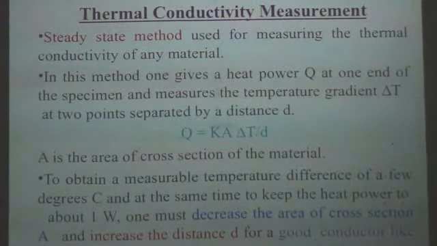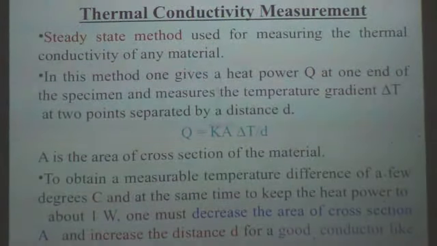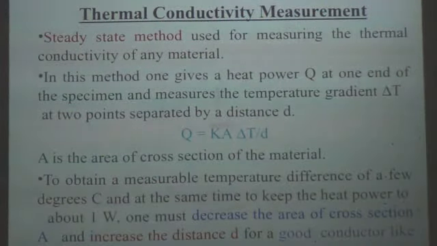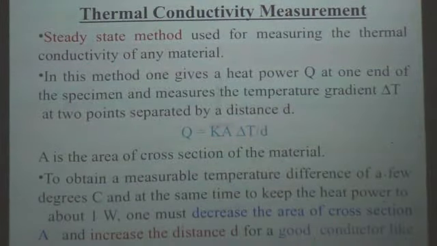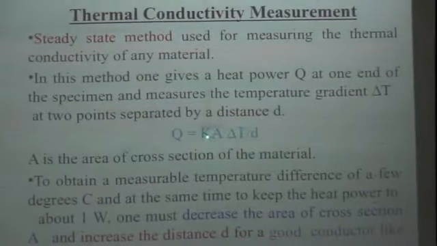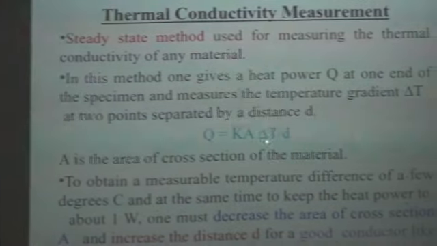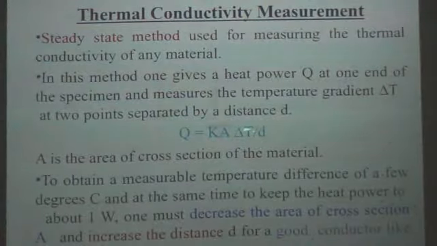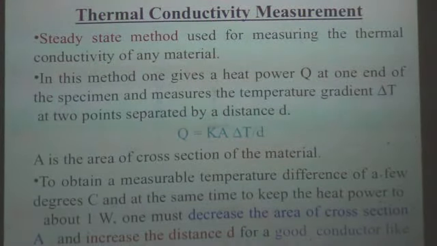The longer the distance from the source, the lesser will be the temperature. But the thermometer temperature will become constant. So that is the steady state. And in steady state, delta T over delta Z is called the temperature gradient. And the heat here is proportional to the area of cross section of the rod, and it depends upon the temperature gradient, that in our case is delta T over D.